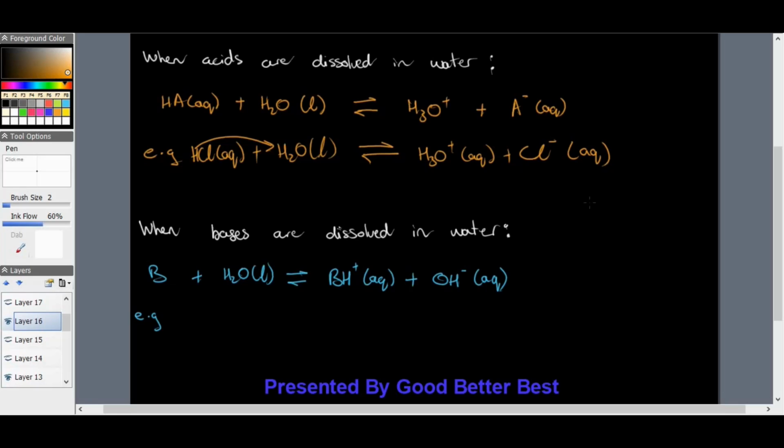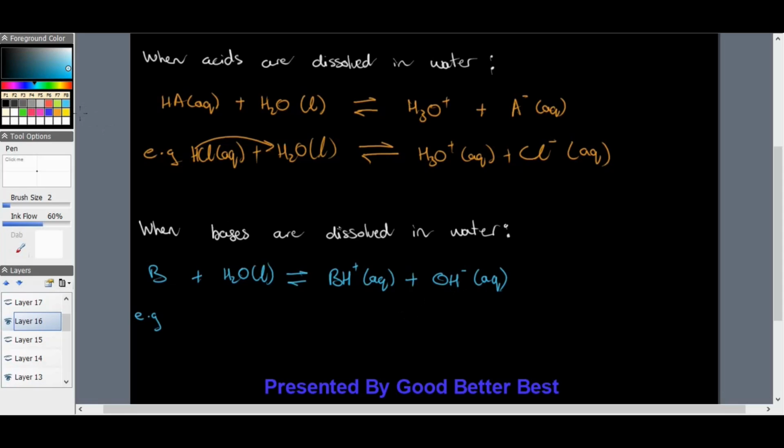Similarly, where bases dissolve in water, we have B, which is our base. This is the general equation. Plus water, we end up with the base that has accepted the hydrogen proton. So we have BH plus and our hydroxide, which is OH minus. An example of that,